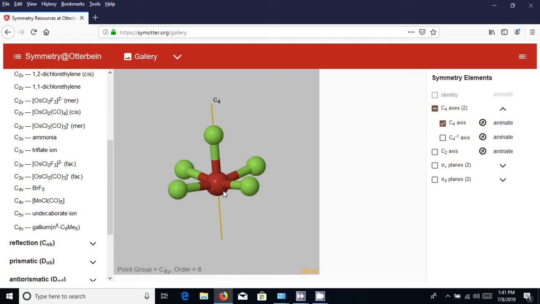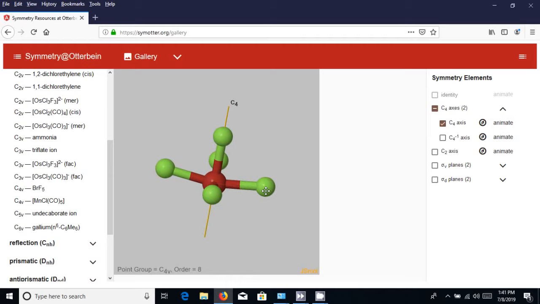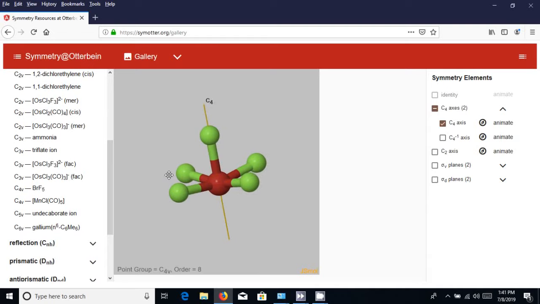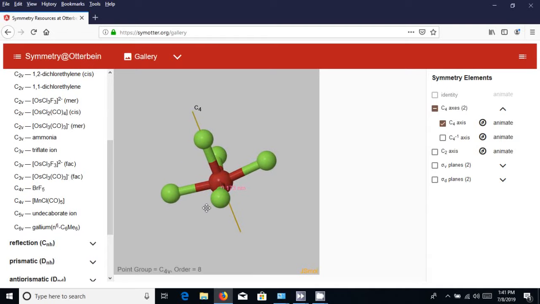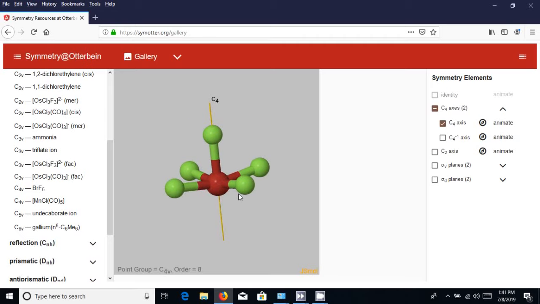If you see the geometry in that manner, you can see these two are at 90 degrees, similarly these two are at 90 degrees, and if I rotate the molecule in a better way, these two are also at 90 degrees. So these two would exchange their position, and these two would exchange their position if I do the animation or the rotation. I am rotating one more time, you can check. So this is the C4 axis,